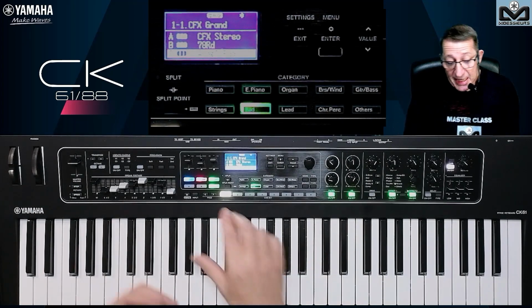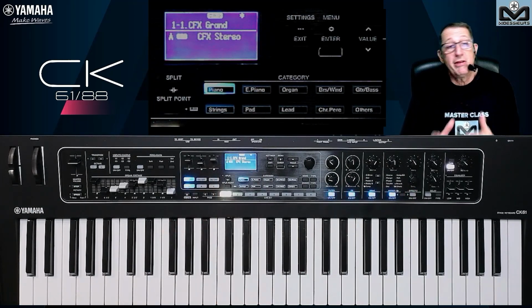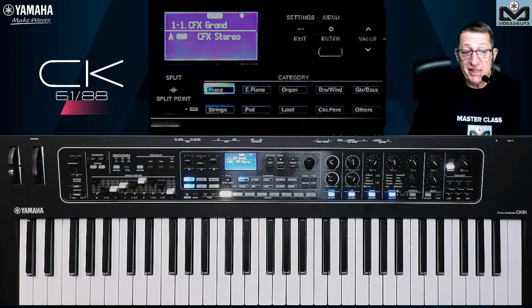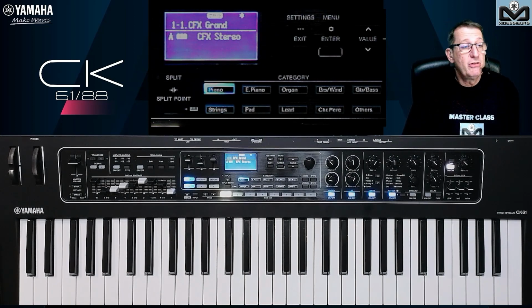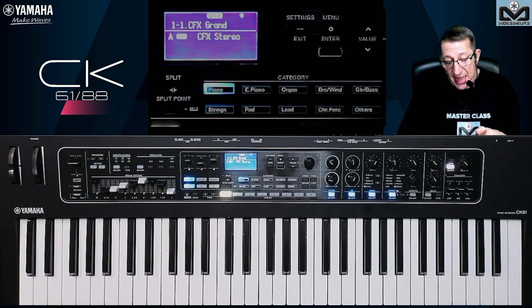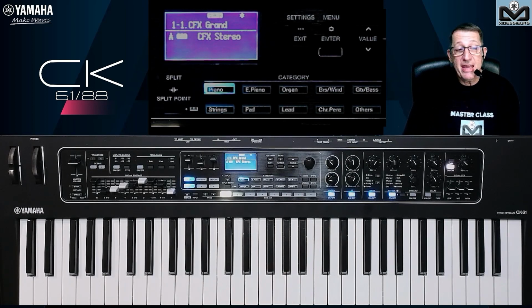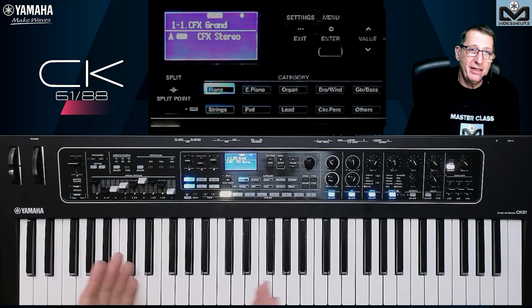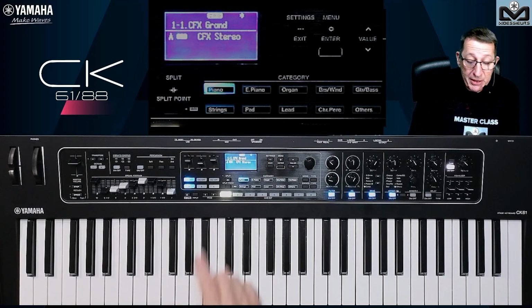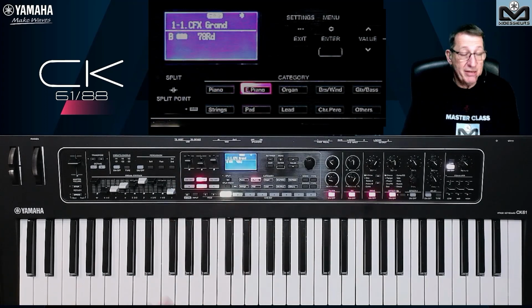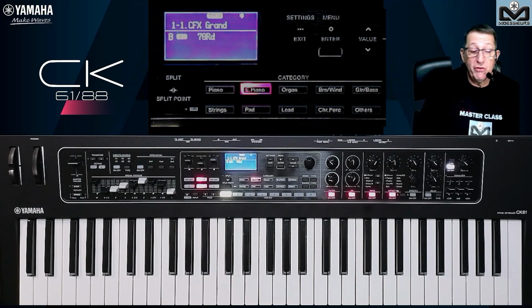So just take pleasure and try this when you go to a store or when you receive your CK. Do not hesitate to select and activate the parts A, B, and C. Of course, the A is always activated normally, but you can store that. We can store it like this. Why not? You can do it also for the B.